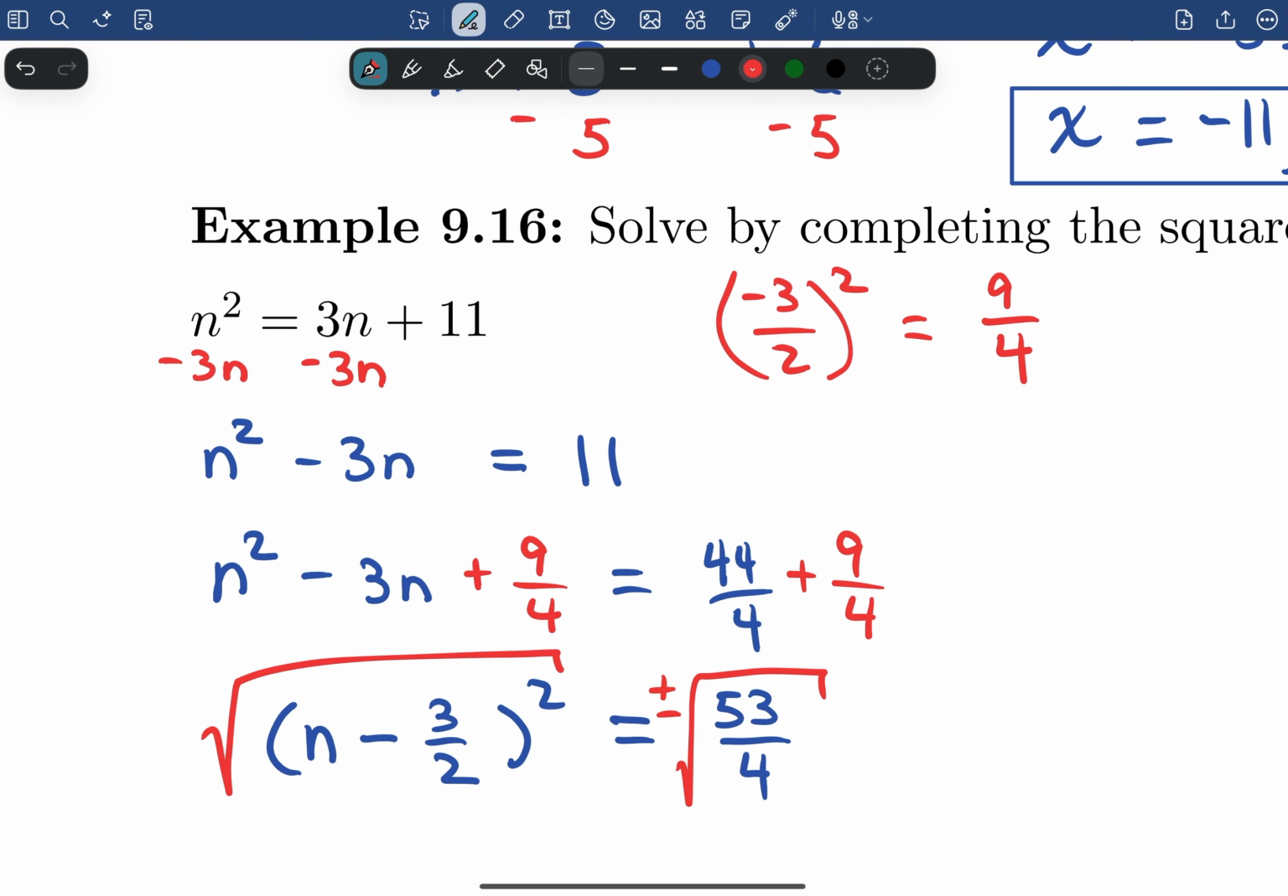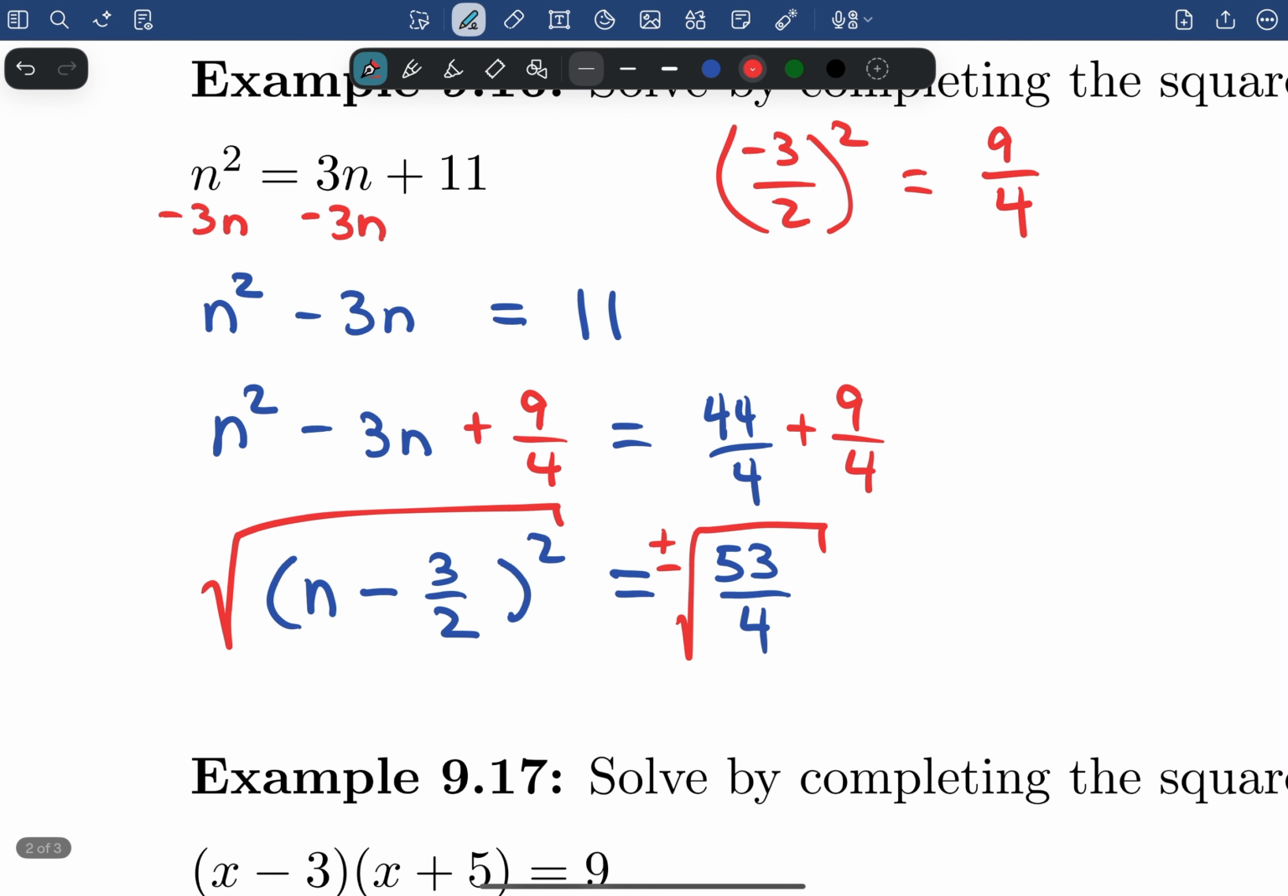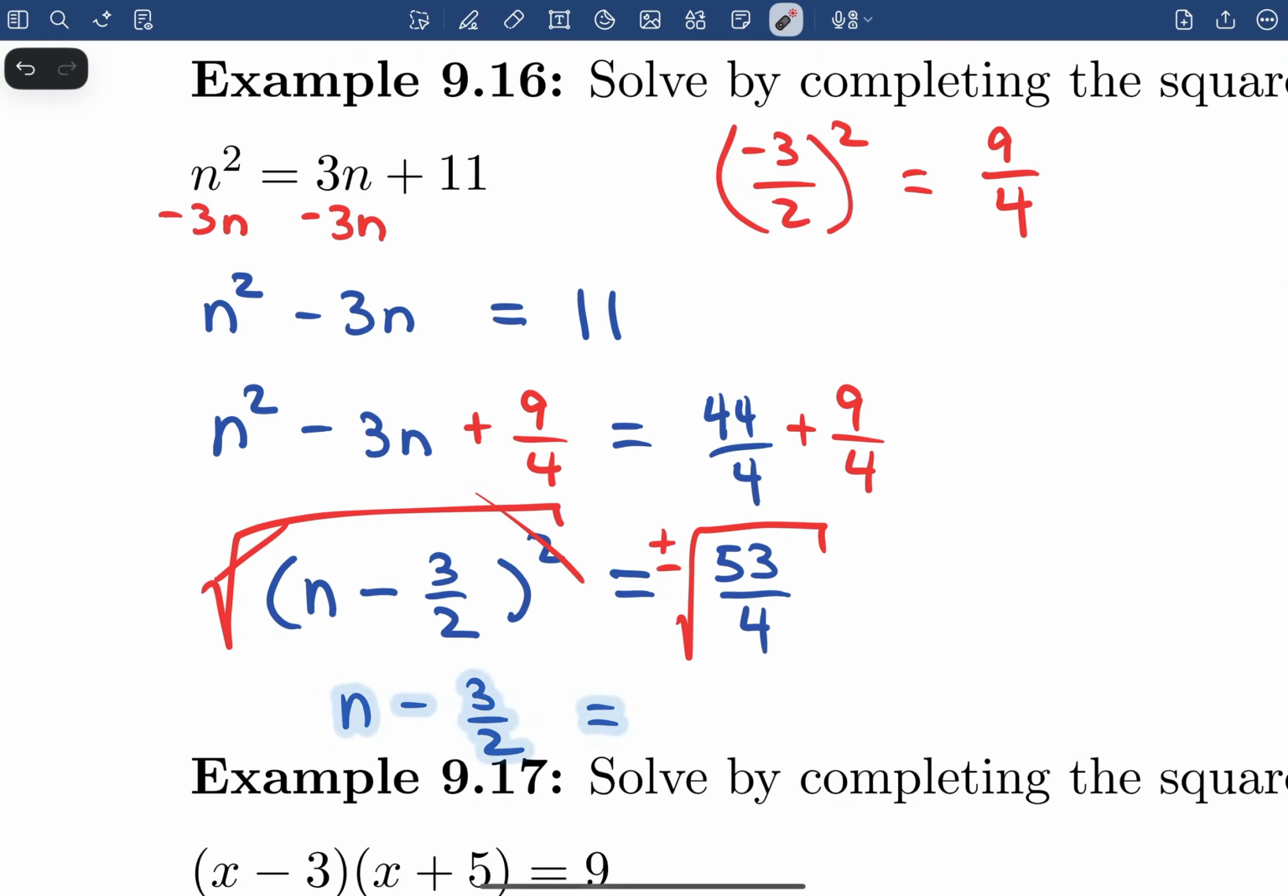And at this point, I'm going to go ahead and cancel the square and the square root and take n minus 3/2 and set it equal to... Well, does this clean up a little bit? The square root of 53? You know what? 53 is a prime number, I think. And so I don't think that the square root of 53 will clean up,